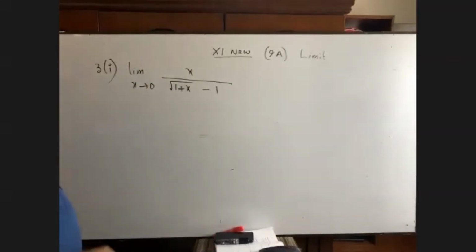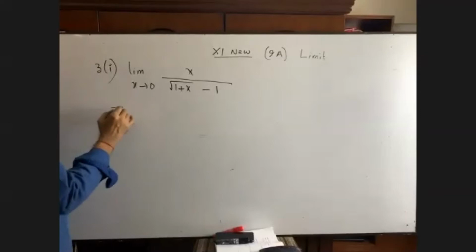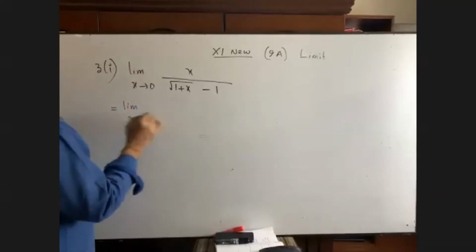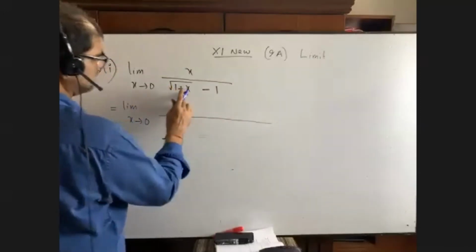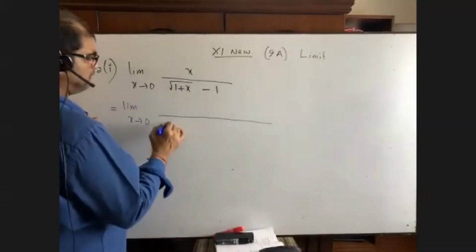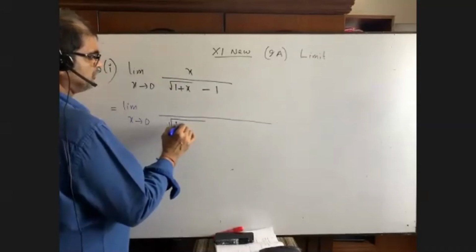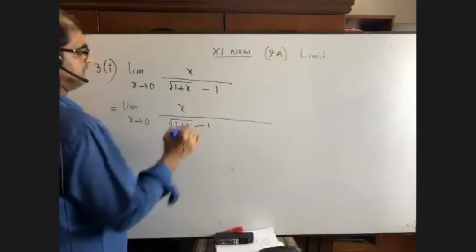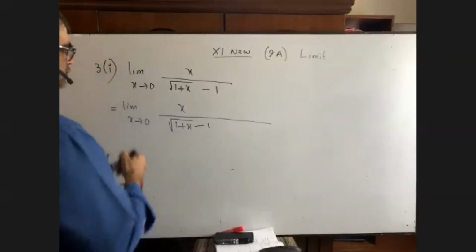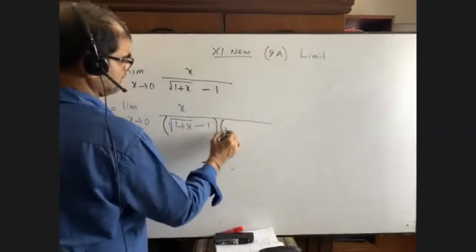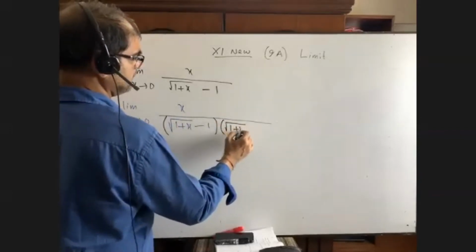So what should we do? In class 9 and 10, you were taught one thing, that it is an irrational number as it is a square root. If there is any irrational number in the denominator, we have to rationalize by taking their conjugate. Conjugate means what? Suppose it is given as a minus b. So what is its conjugate? It is in the form of a minus b, so what do I need? A plus b.